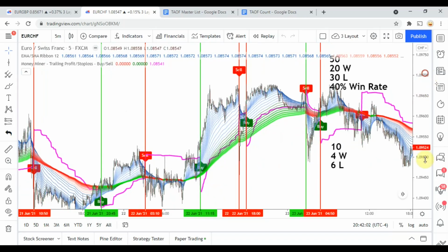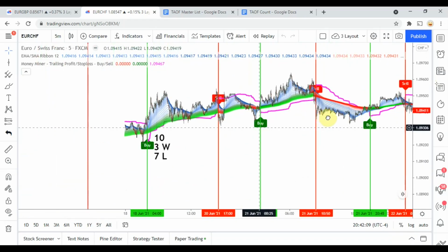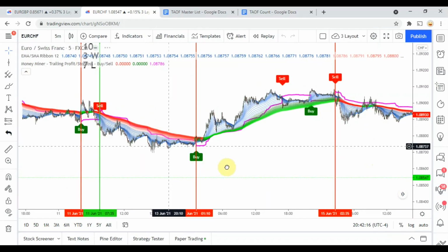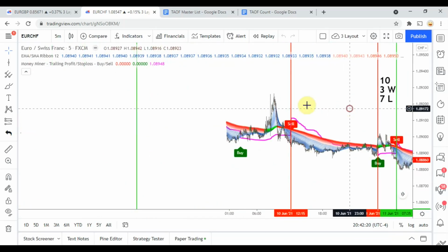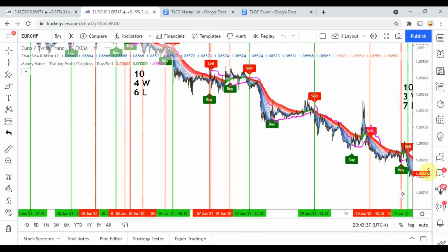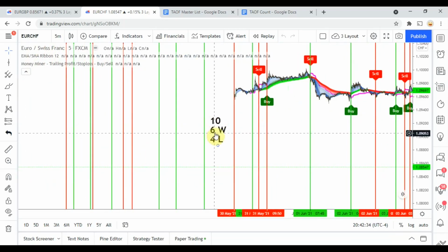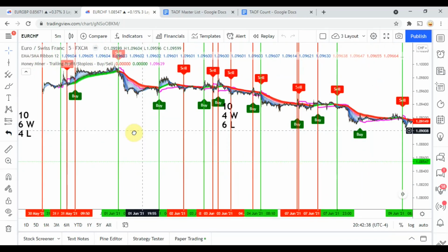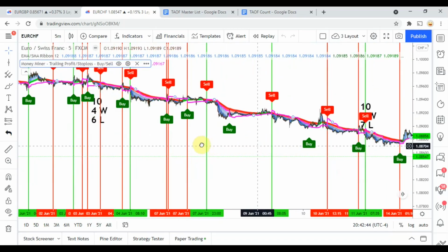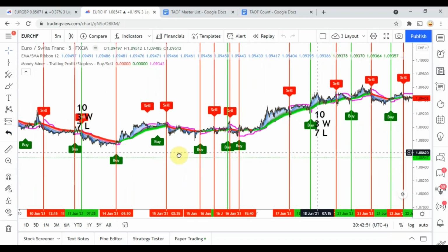And just to show everybody, we had 10 trades right here, 4 winners, 6 losers. 10 trades here, we had 3 winners, 7 losers. Back on this side, 10 trades, 3 winners, 7 losers. And then on this one, we had 4 wins, 6 losers. And on this one, we had 10 trades, 6 wins, 4 losers. You can see that it stays relatively consistent. There is a little bit of wiggle room where it comes up and goes down. We had one that was kind of an oddball, but the rest of them stayed pretty well even, which just goes to show that